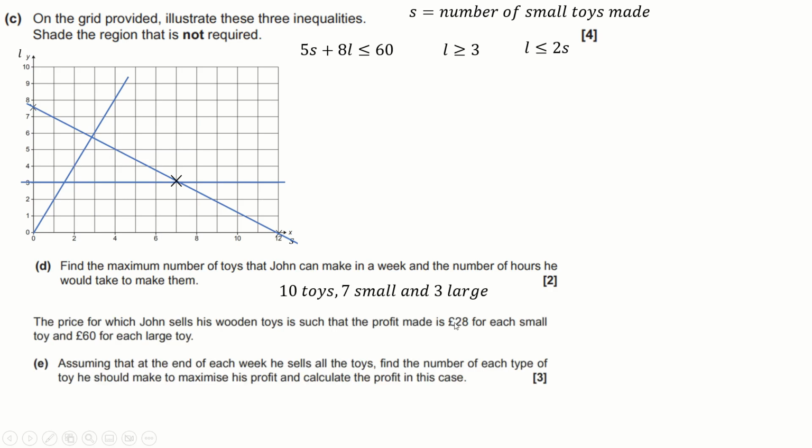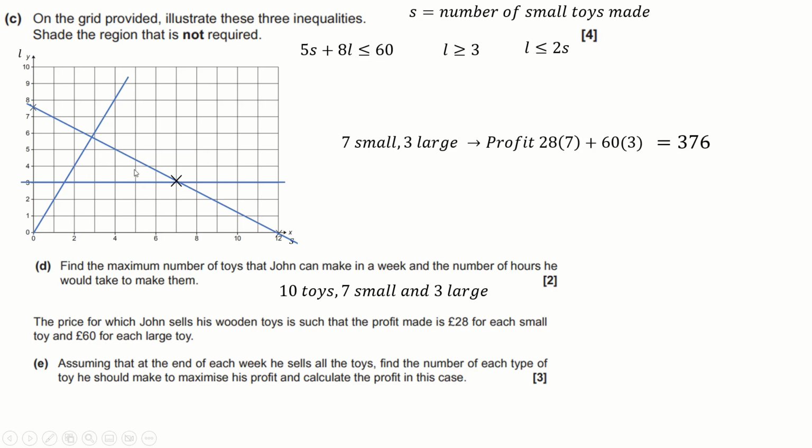Lastly, he makes £28 profit for a small and £60 profit for a large. Let's just find out how much profit he makes in this case when he makes 7 small, 3 large. That's 28 times 7 plus 60 times 3, that makes this. But notice how much more profit he makes on a large. So maybe there's a grid point that means making a few more large toys and fewer small, but is slightly